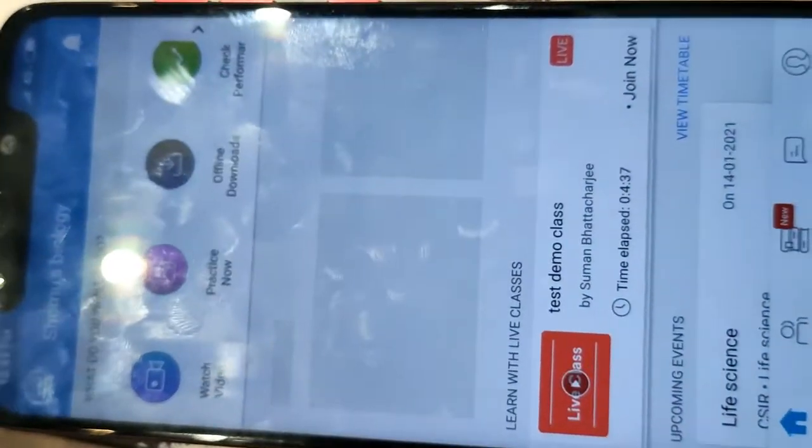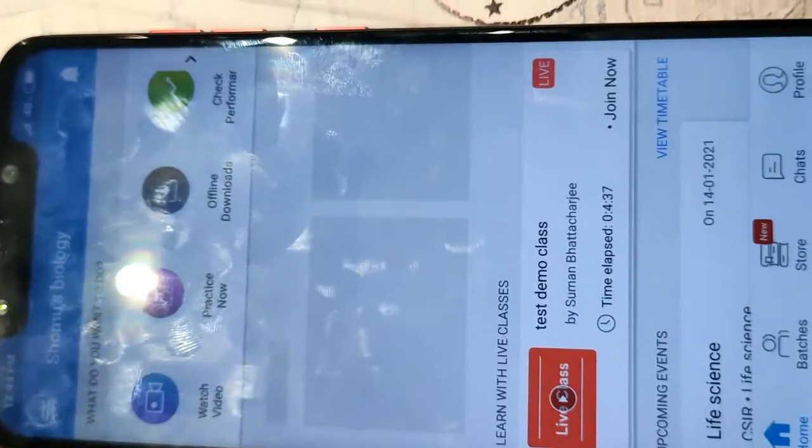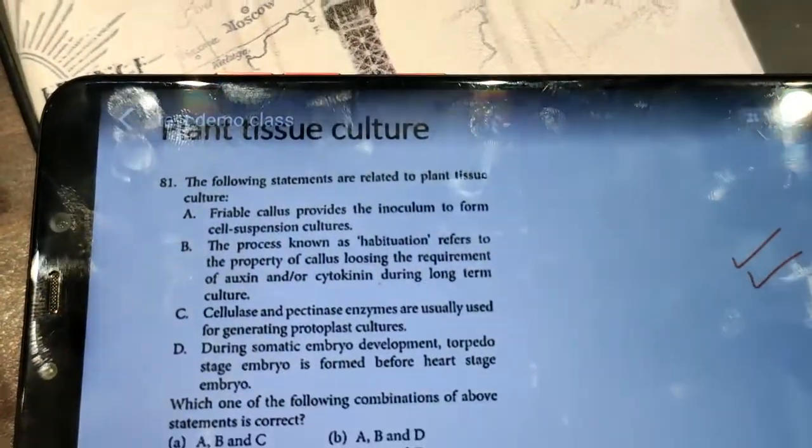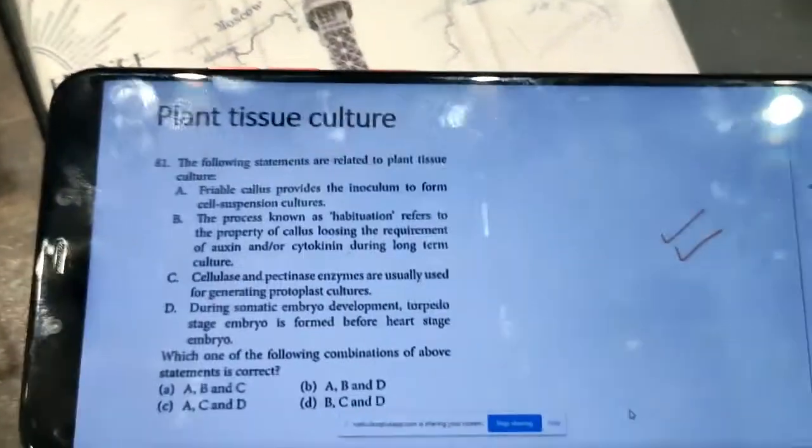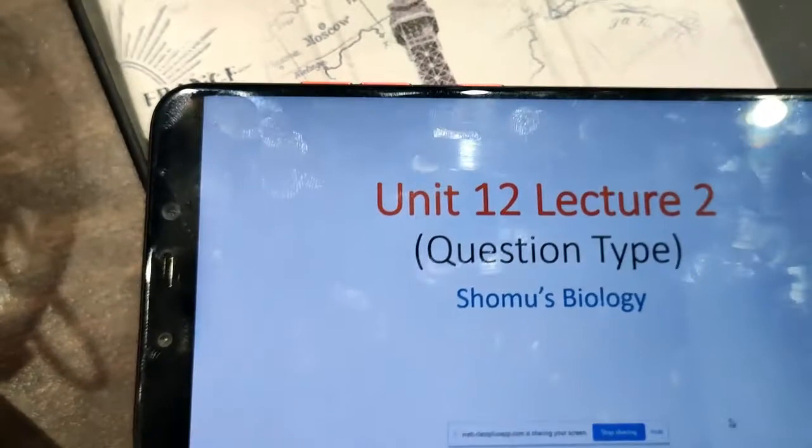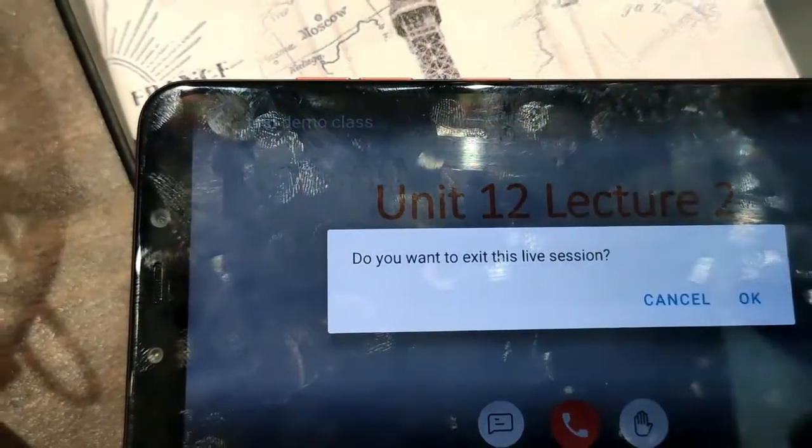Now once you are out of the class, you can still rejoin the class. You can still click this join now button and you will be added to the class again. And the class can progress and everything will work according to the plan. And if you want to get out again, you can.